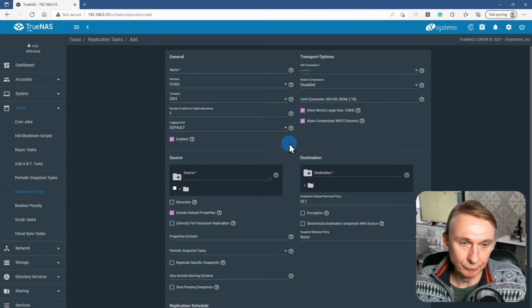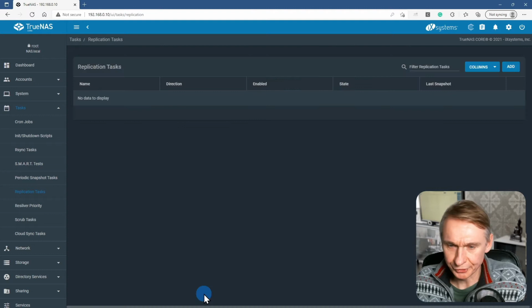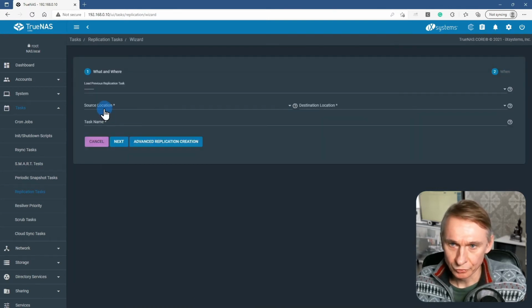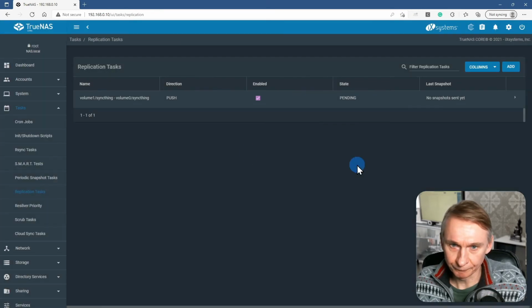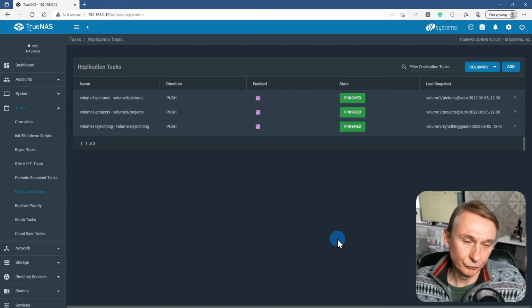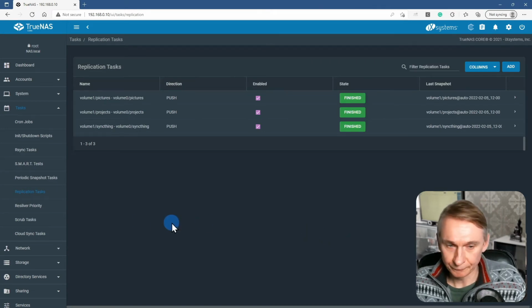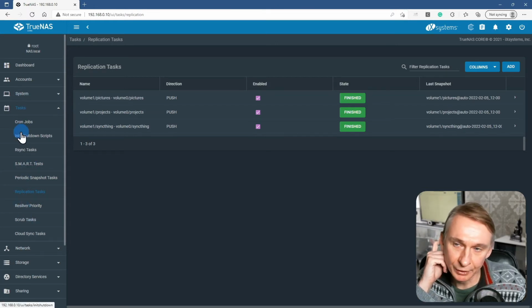So this is what I'm doing to test if the volume is not crashing or doing something weird on me. So I've done those replications. So here you see that the task started and running. So when the 3 datasets that I had on my volume 1 replicated were back replicated to my volume 0,